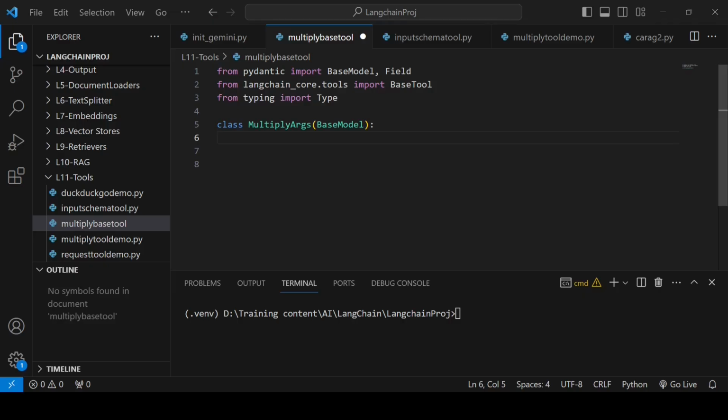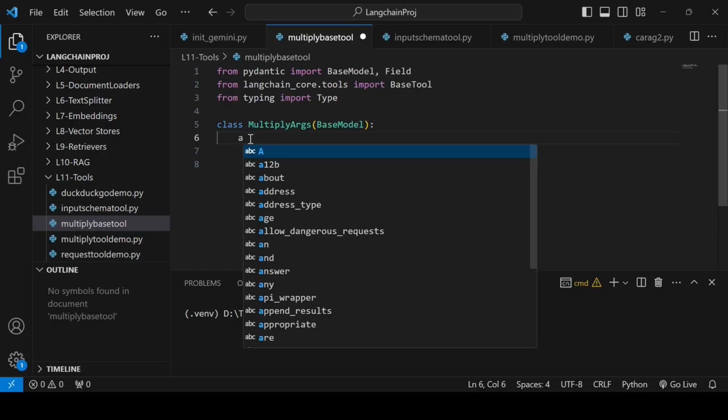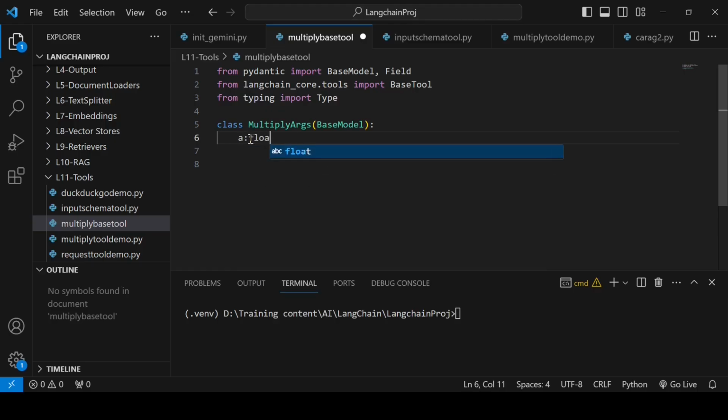Here I will have to give the types. I'll have a, which will be of type float. So a as float, and I can also give some description. So Field, within that I can give the description. I want it to be required.